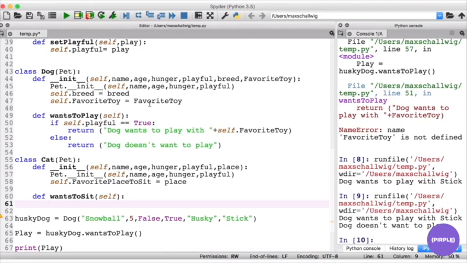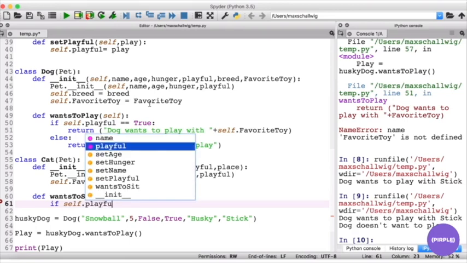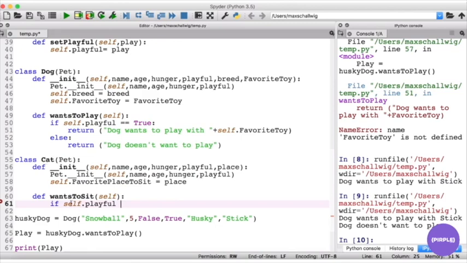So let's check if it is playful. How would we go about that? Well, first we need to use the if statement. So we're going to use if. And now we want to see if the cat is playful. So self.playful, we're going to check the playful attribute of the cat, hence the self. The self means that it's part of the cat, and here we're going to access the playful attribute. If this is equal to, so we're comparing it to, if it's False now,